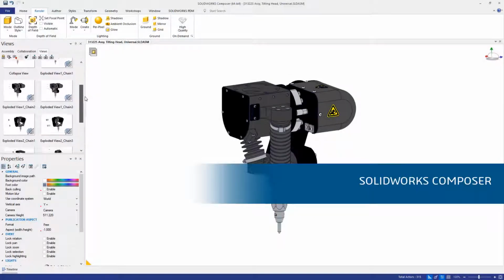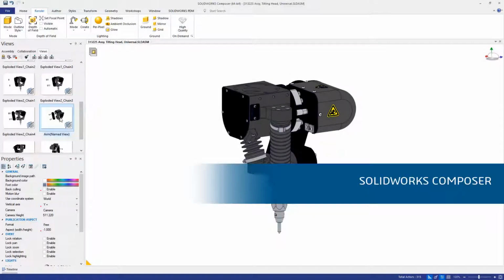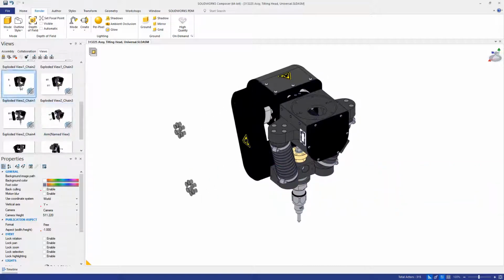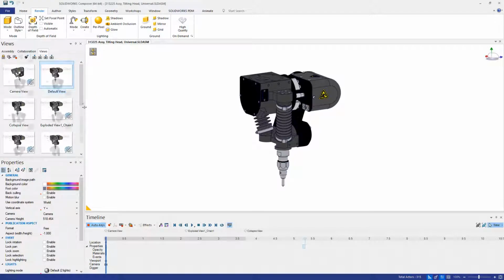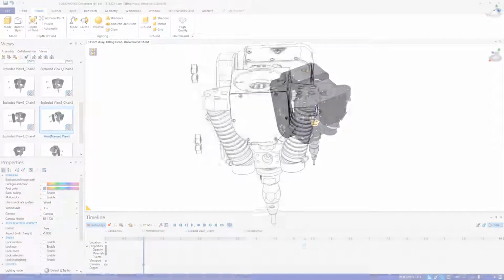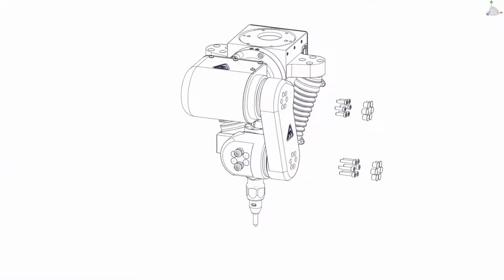Delivering rich technical documentation is often critical to the final delivery of your products. SOLIDWORKS Composer 2020 offers new ways to leverage your SOLIDWORKS design data like existing exploded views to quickly produce these